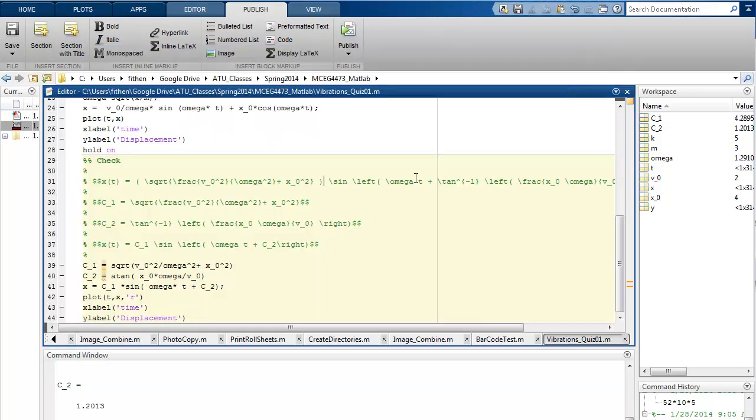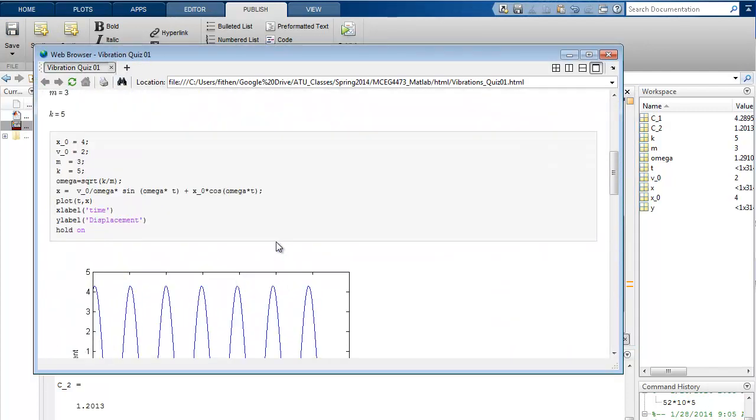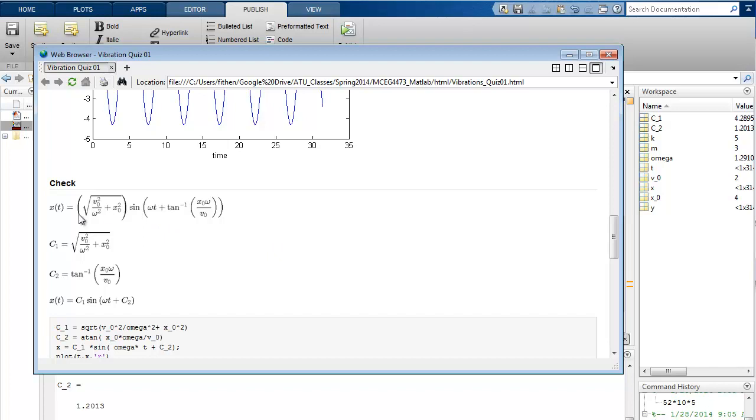So I don't like that. So I might want to do \left, oops, and then a \right. Let's try to see what happens now. What you see, or what you should see, is those parentheses now encompass what's to the right and left of